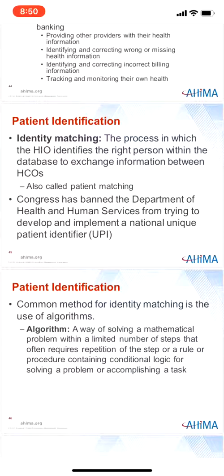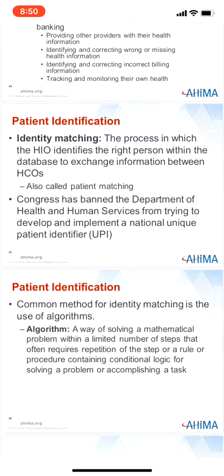methods. Identity matching, which is also known as patient matching, is the process in which the healthcare organization or the HIO identifies the right person within the database to exchange information between healthcare organizations. The process examines different demographic elements from different health information technology systems to determine if they refer to the same patient. From an interoperability perspective, the ability to complete patient matching efficiently, accurately, and at scale has long been identified as a key element of the nation's health